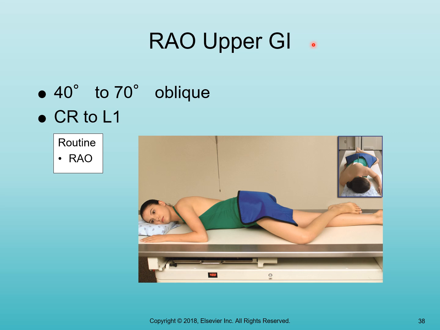And notice in this one it says that the part is rotated from 40 to 70 degrees. Typically more rotation on the hypersthenic patient, less for the asthenic patient. On the sthenic body habitus, we are rotating the patient 45 to 55 degrees oblique, and we're still centering to the level of L1